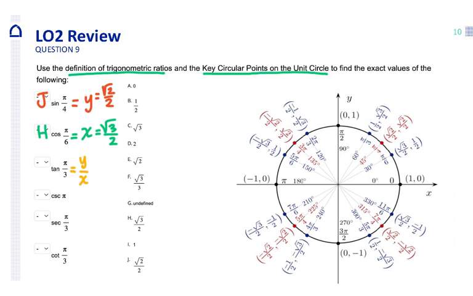Okay, now tan can be represented by y over x, or sine over cosine, on the unit circle. So the tan of pi over 3, which is a 60-degree angle, is going to tell us to put the y value, which is square root of 3 over 2, and then divide it by the x value, which is 1/2. In the end, that will simplify and become just the square root of 3,